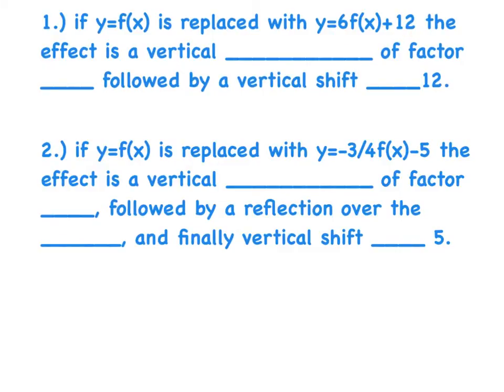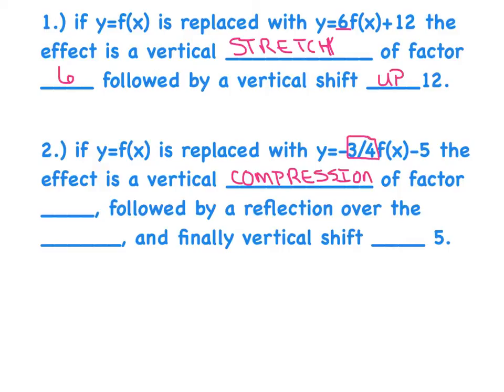So we can say that we've got a vertical stretch. And again, I'm saying stretch because this number is greater than 1. Stretch of factor 6 followed by a vertical shift up 12 units. Now the second one, we're going to go vertical compression because I had a k value of 3/4, and that's smaller than 1, of factor 3/4. Followed by a reflection over the x-axis, and that's automatic because of the negative, followed by a vertical shift down